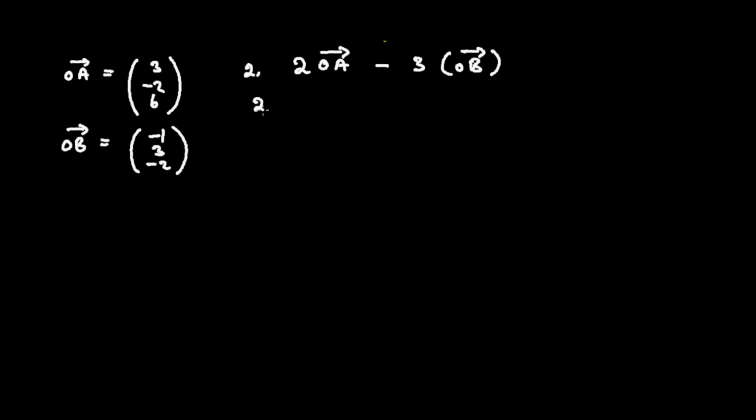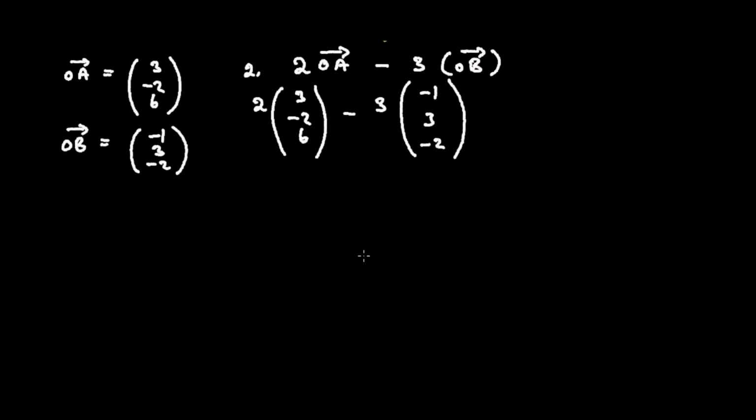So of course, 2 multiplying the vector 3 minus 2, 6, subtracting 3 multiplying the vector minus 1, 3, minus 2, like this. Maybe let me put an equal sign perhaps. So this is equal to 2 which multiplies every term inside the vector, 2 times 3 is 6, 2 times minus 2 is minus 4, 2 times 6 is 12,